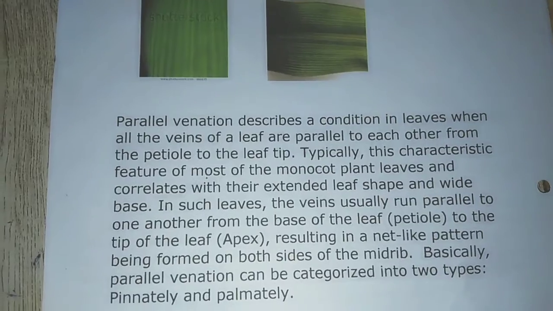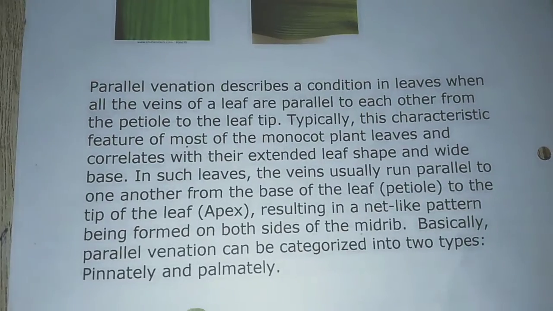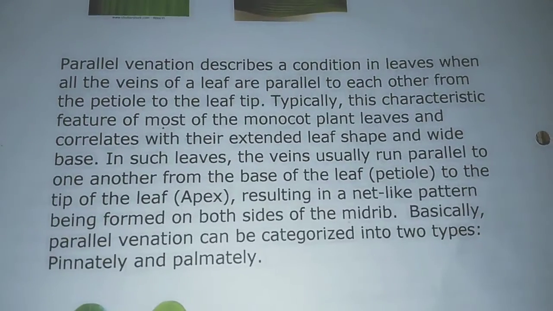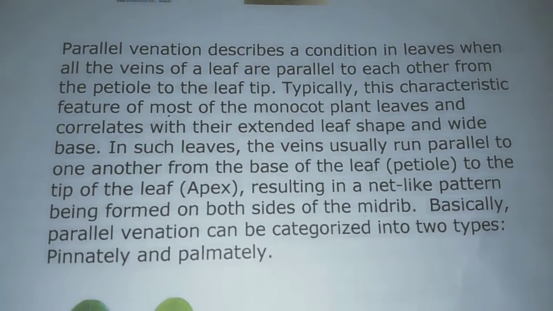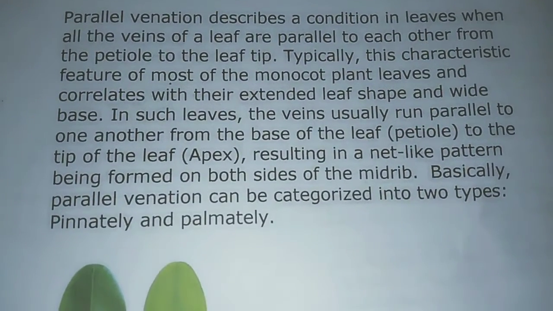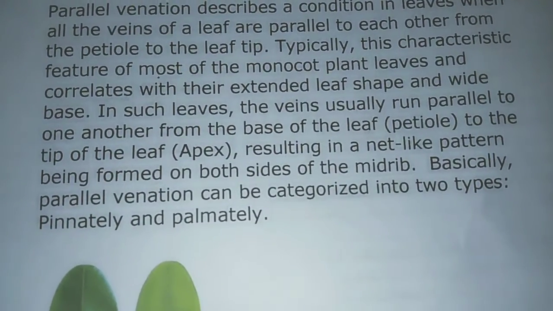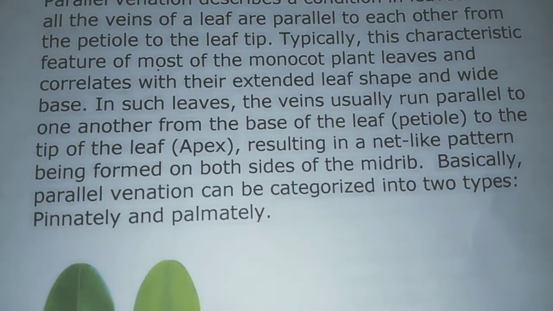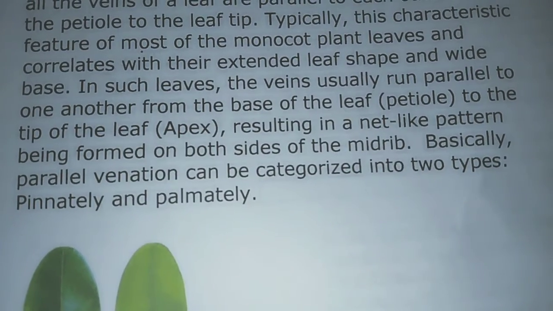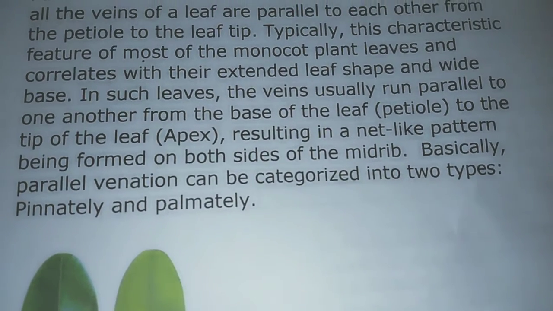Parallel venation describes a condition in leaves in which all the veins of a leaf are parallel to each other from the petiole to the leaf tip. Typically, this is a characteristic feature of most monocot plant leaves, coinciding with their extended leaf shape and wide base. In such leaves, the veins usually run parallel to one another from the base of the leaf, which is the petiole, to the tip of the leaf, which is the apex, resulting in a net pattern being formed on both sides of the midrib. Basically, parallel venation can be categorized into two types: